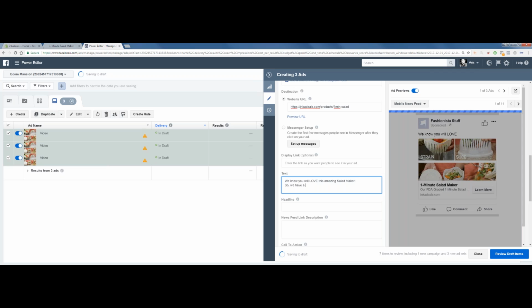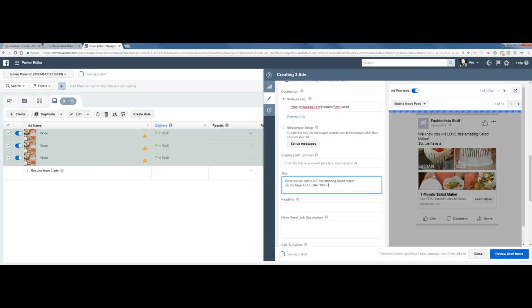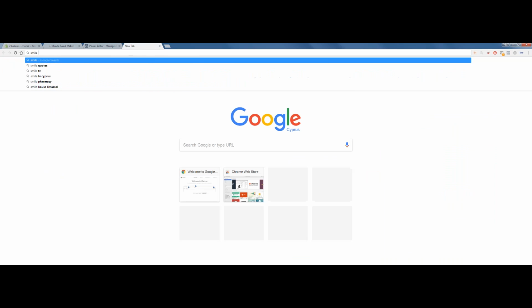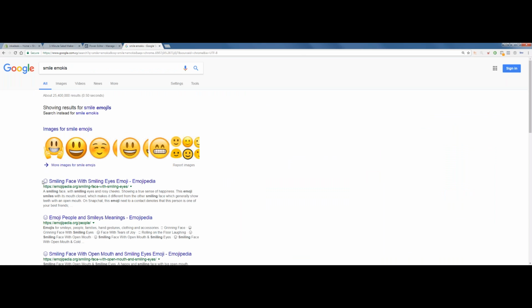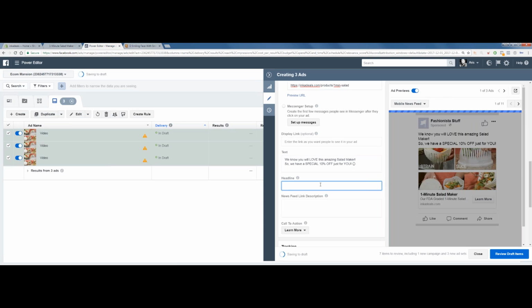So we have a special 10% off just for you. All right, you can add emojis or something, whatever you like. Actually, you should use this as it is. Smile emojis. I'll just open that for other emojis. There we go. Headline.